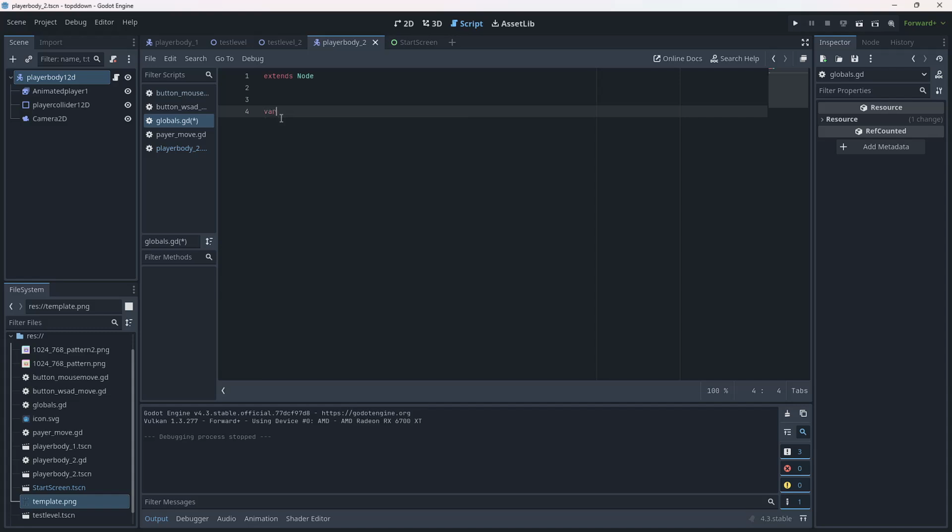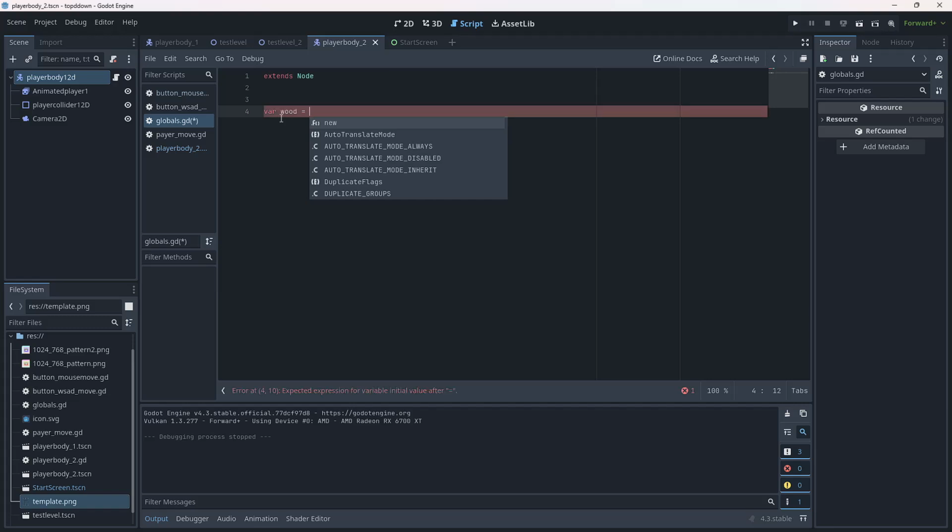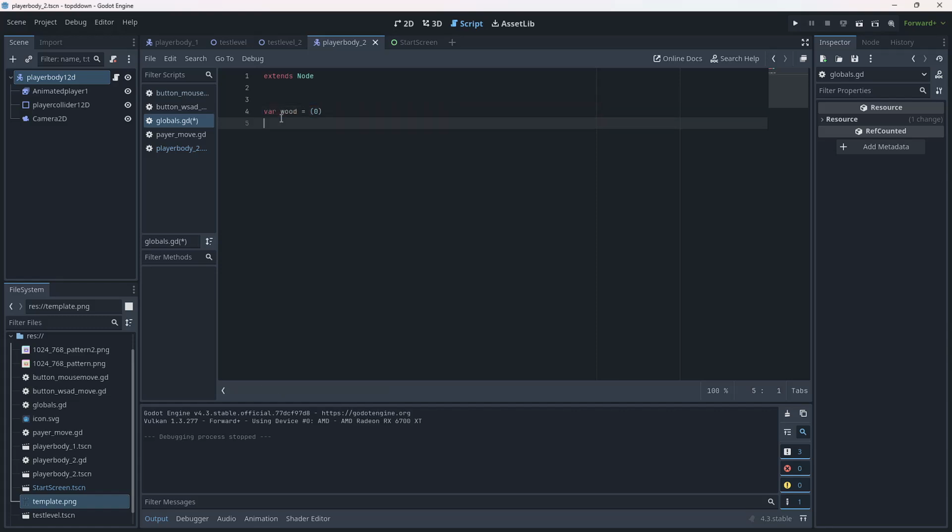So var wood equals 0. Var iron equals 0. Var